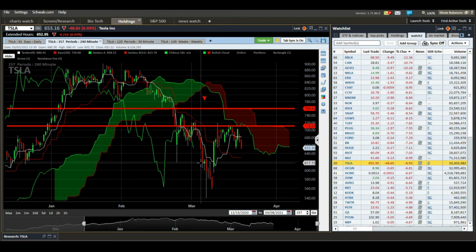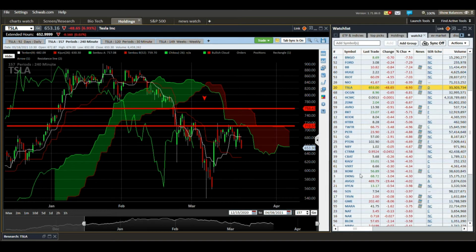See, look how far we were from the cloud here. Oversold, we bounced, well, we tried to come down and test it again. So down in these oversold areas might be a good place to try to buy whatever stocks you're looking at. I would avoid EV stocks right now as they're in a confirmed downtrend. But if you're looking to buy something else like,